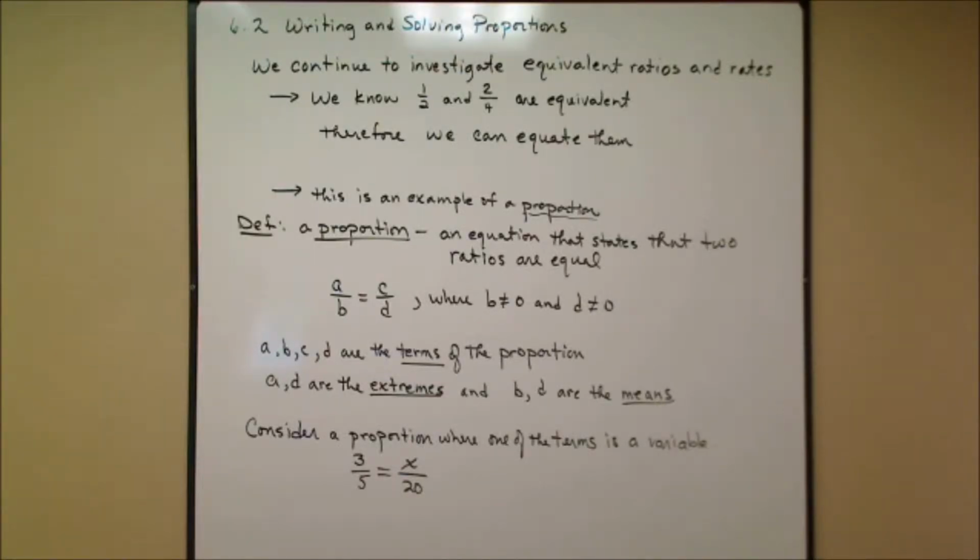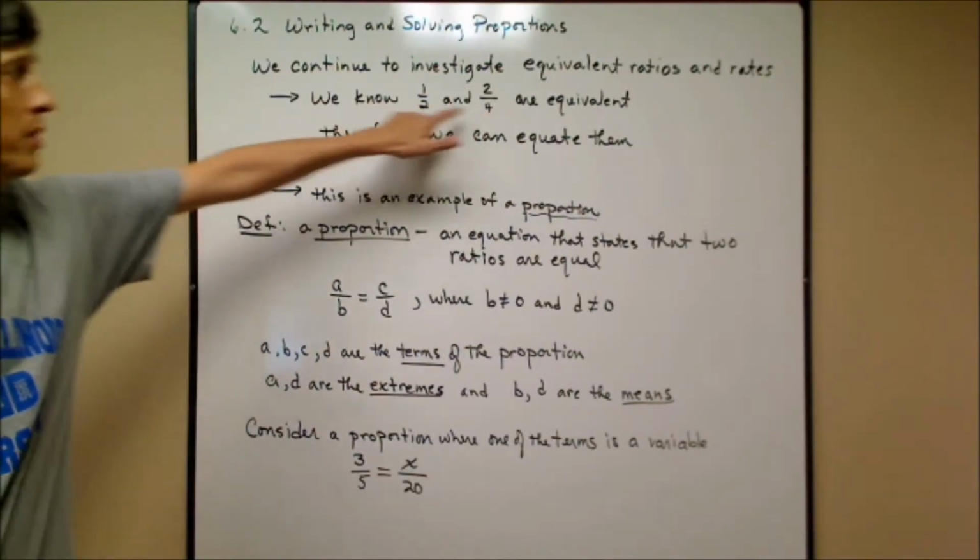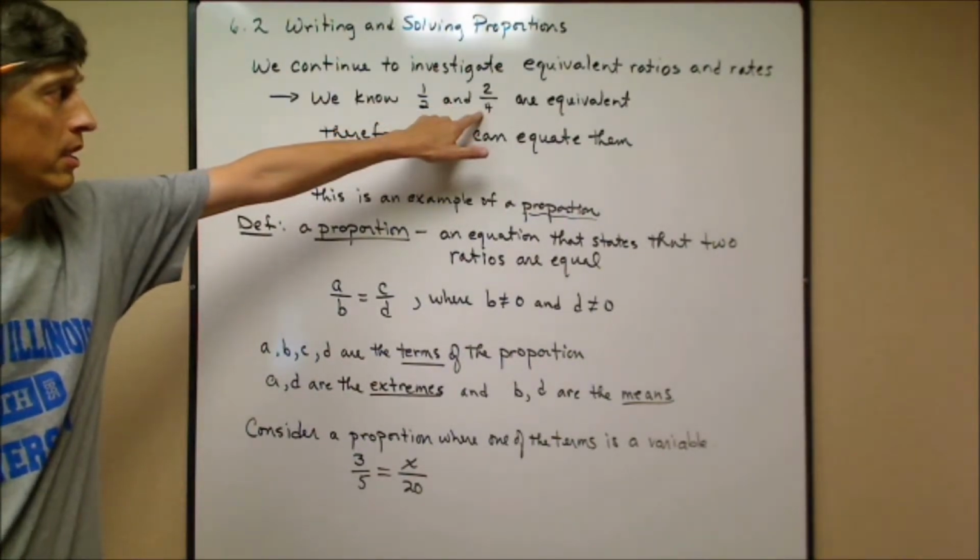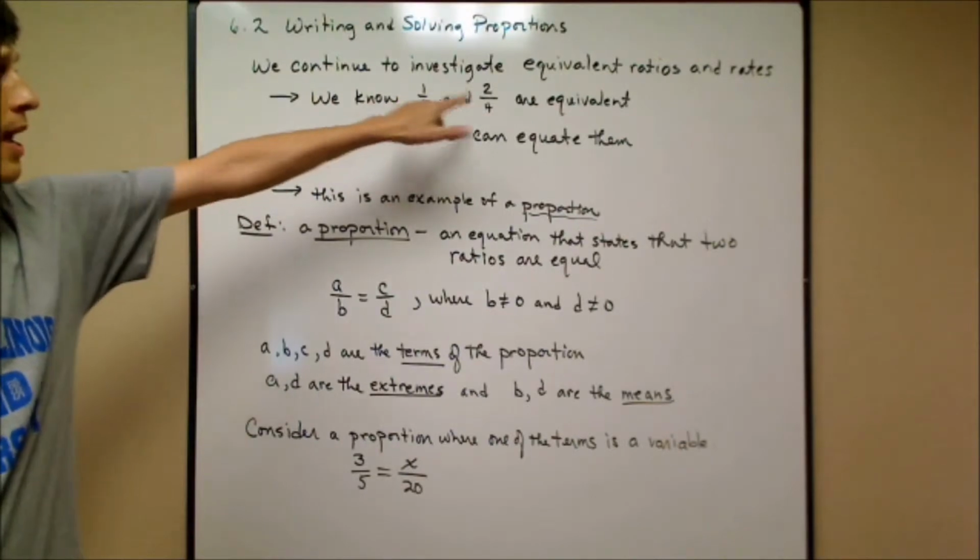Lesson 6.2, writing and solving proportions. Now we're going to define proportion here in just a second, but let's lead up to it. We're going to look at equivalent ratios and equivalent rates. One pair of equivalent ratios we know are indeed equal in value are 1/2 and 2/4,